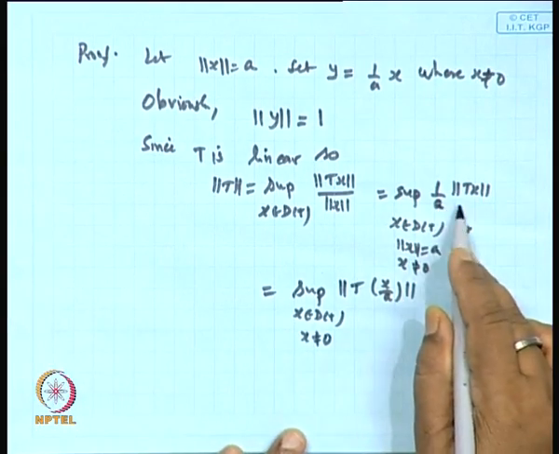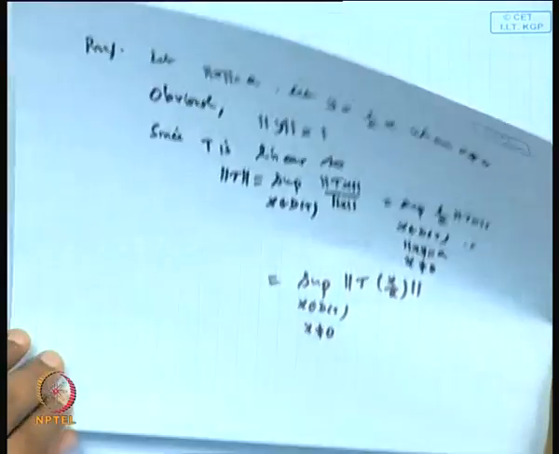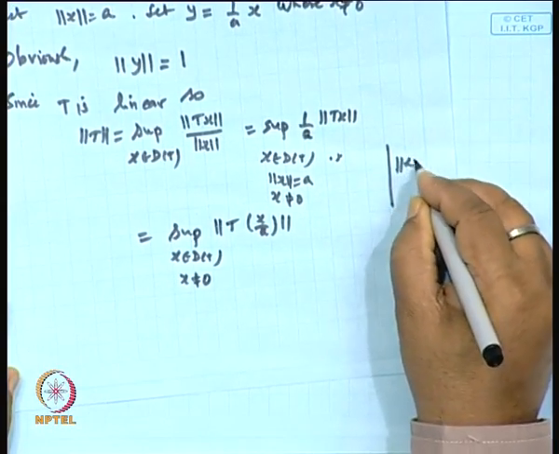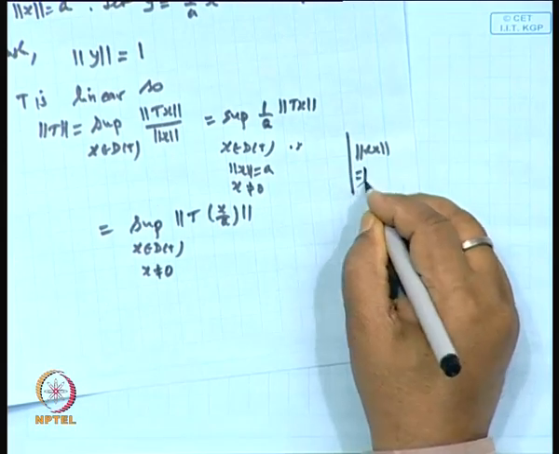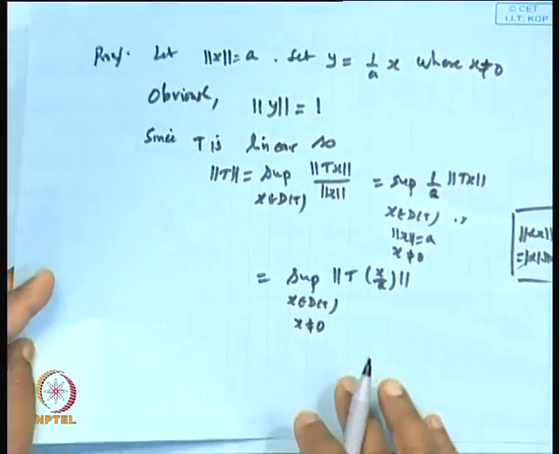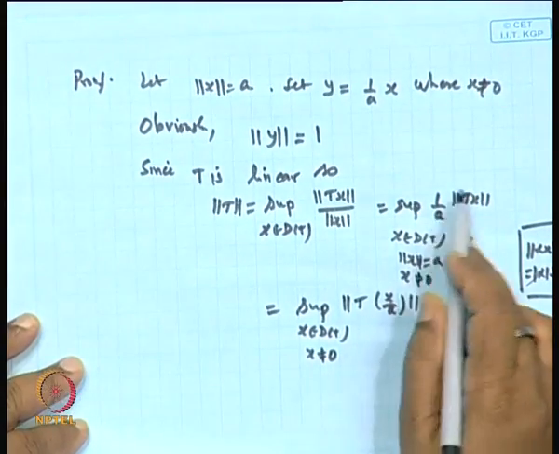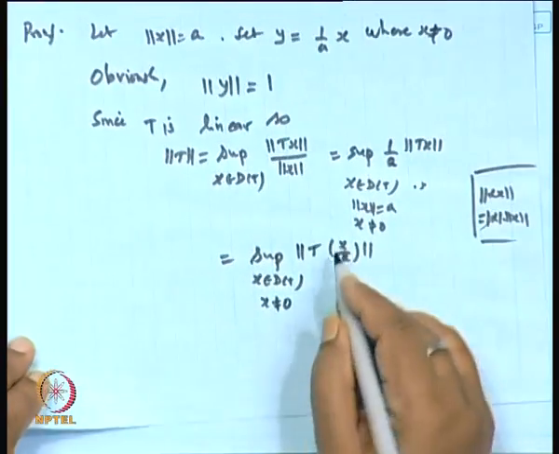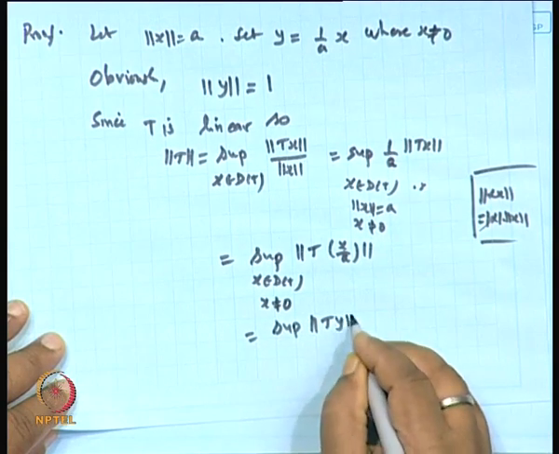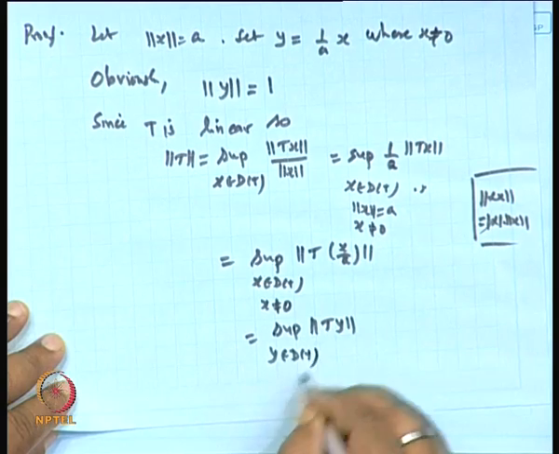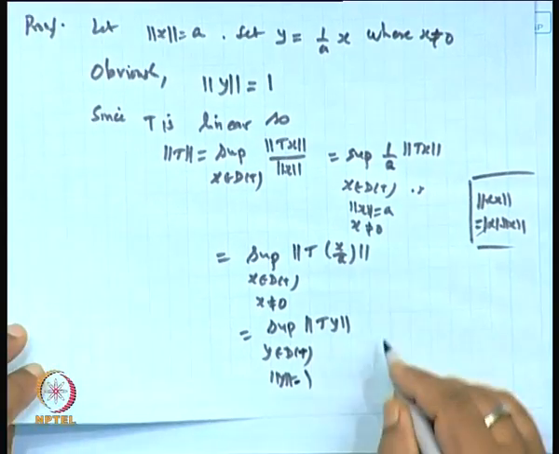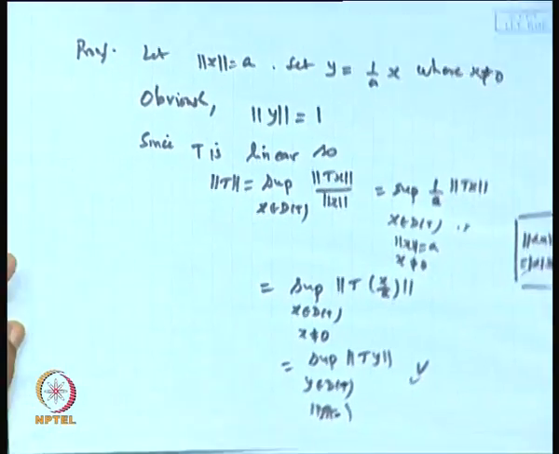Because it is a norm, by the property of the norm, if you remember, norm of alpha x is equal to mod alpha into norm x. So, using this property, we are able to write this 1 by a inside and we get this. But x by a is y. So, basically this is the supremum of norm Ty, where y belongs to the domain of T and norm of y is equal to 1,